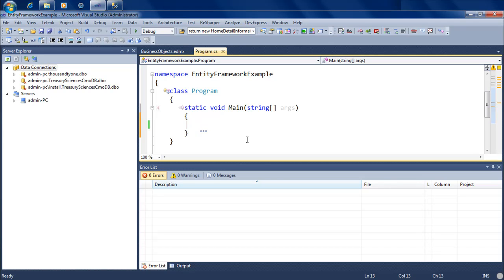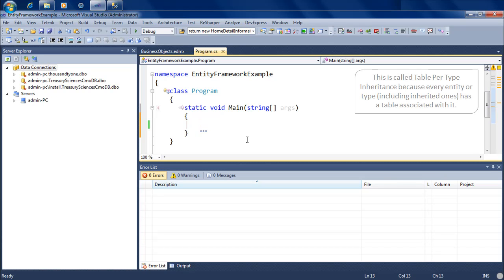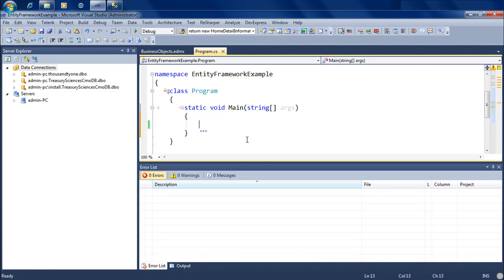That allowed you to simulate an inheritance model inside the database, and every entity in the object model had an underlying table where specific information pertaining to that entity would go. We had a common car entity which we made abstract so that nobody could use it directly, and all properties common to both Japanese cars and German cars would go through that entity into the cars table. That was table per type inheritance.